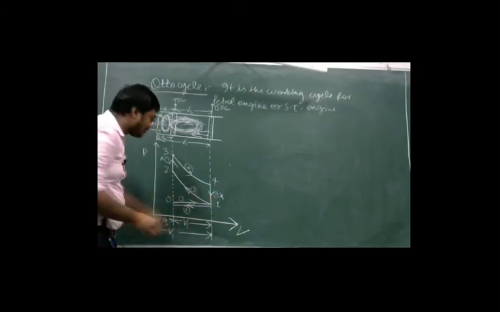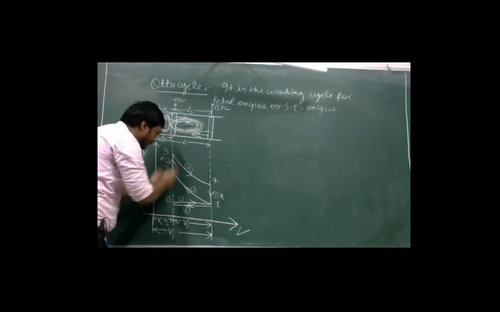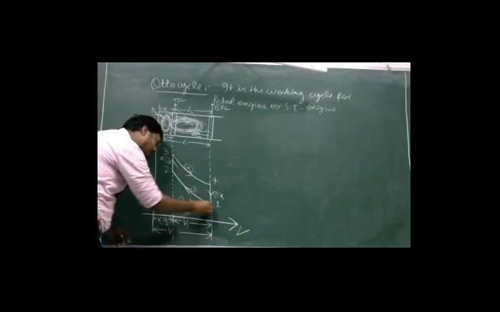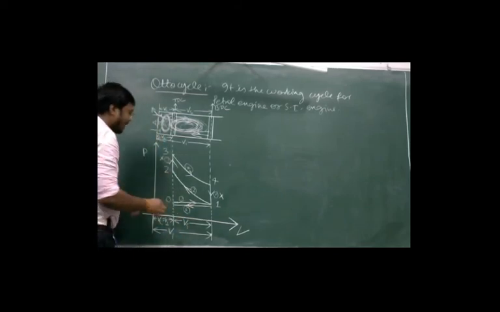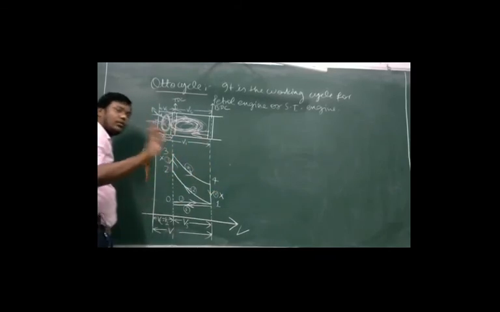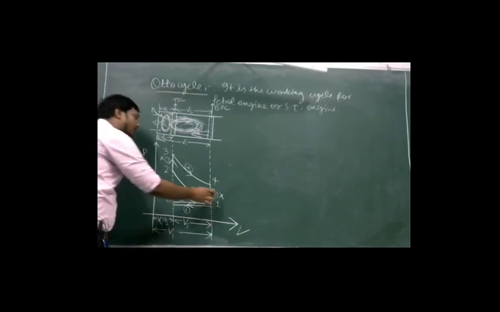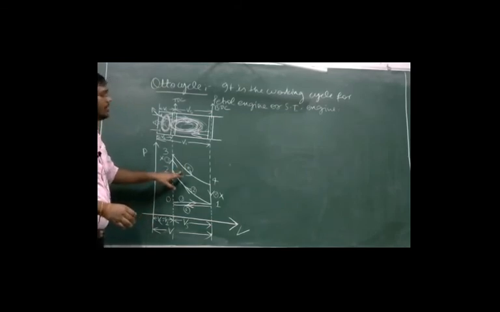Again in the last process from 1 to 0, in exhaust process, piston is moving from BDC to TDC. We are coming from 1 to 0. So again piston is moving, so this is a stroke. So we can say that in all these 6 processes, 2 processes are not a stroke. So how many strokes remain? Only 4 strokes remain. That's why this engine is known as 4 stroke engine. So in 4 stroke engine there are 6 processes, but only 4 strokes.